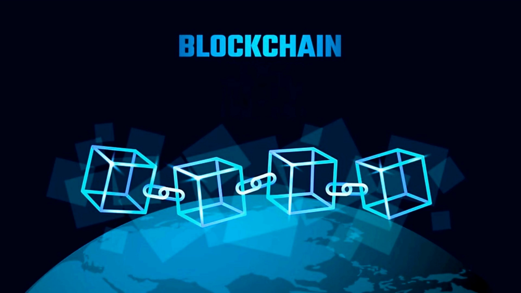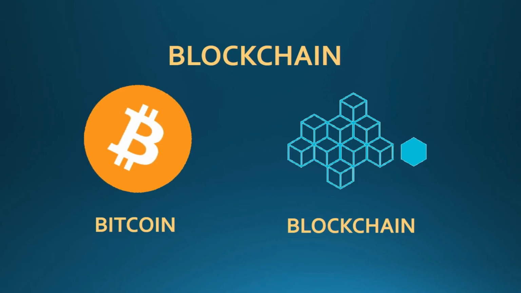First, we need to understand two terms, that is Bitcoin and blockchain. These are two separate things. Bitcoin is a digital currency, or you can say a coin, and blockchain is a technology that enables moving digital coins or assets from one person to another person. Bitcoin is not a blockchain. What problems can blockchain solve? The problem is about money transfer.